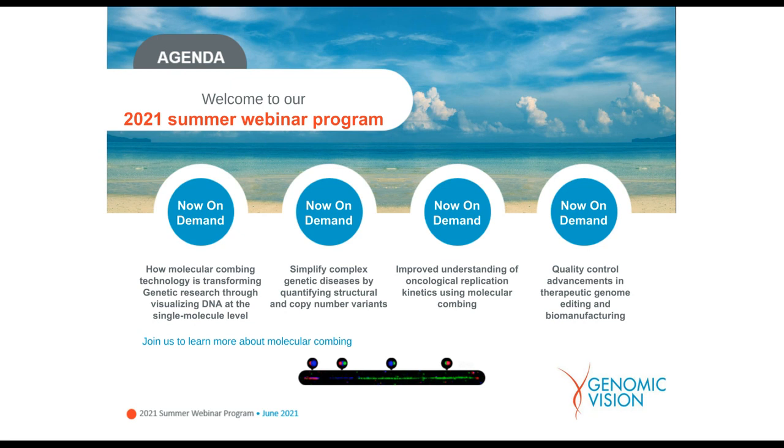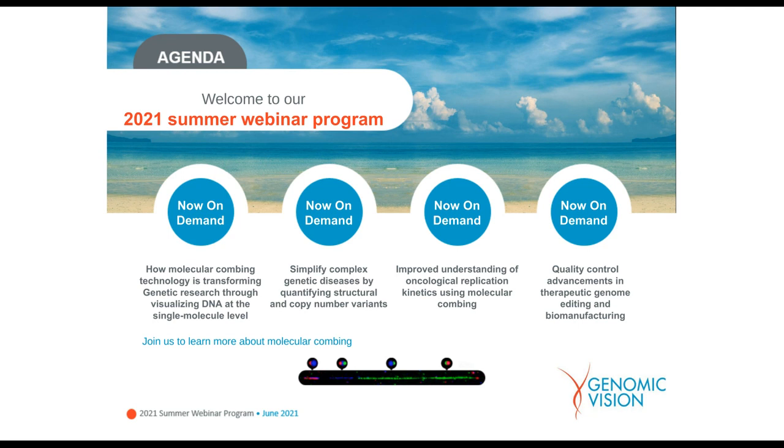Thanks, Imen. The next question that's coming through is, what is the sensitivity in general of molecular combing? With molecular combing, we can reach a sensitivity of 0.25%. This is something that we do routinely, and we can also go lower. We have some examples where we could see a rearrangement at a very low frequency, so we can go below